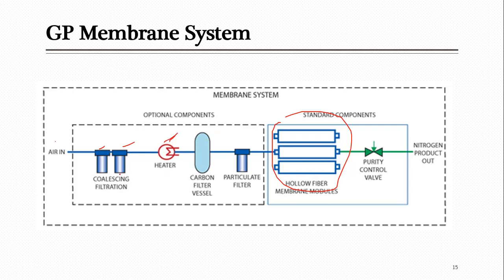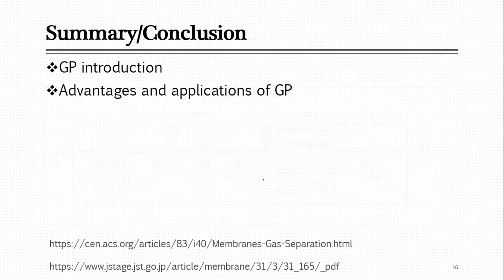Then there is a filter, and there can be more than one, or they can even be absent if there are no such particles or impurities which should be removed before bringing the gas to the membrane. Then there is a particulate filter, and this is used to avoid the membrane fouling phenomenon which we have seen. And then it will pass through the membrane, and the major separation takes place through this membrane. All the others we have removed already, and then you just collect your permeate and retentate. That's the membrane system. That's it.